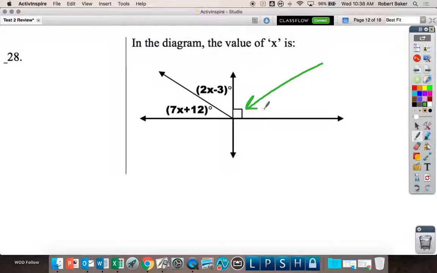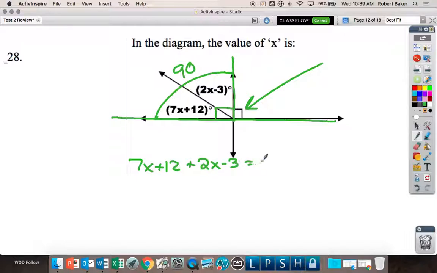So if you're saying that they're equal to 90, you're assuming that this is 90. Is it? It is. Right? You can make the jump and you guessed correctly if you know why it's equal to 90. Because these two angles are a linear pair, and this whole angle plus this whole angle should add up to 180. So if you do 180 minus 90, you get 90 degrees for these two angles right here. I think that's the easiest way to do it, that the first angle and the second angle add up to 90. And you could say the first angle, the second angle, and the 90-degree angle all add up to 180. So combine like terms,